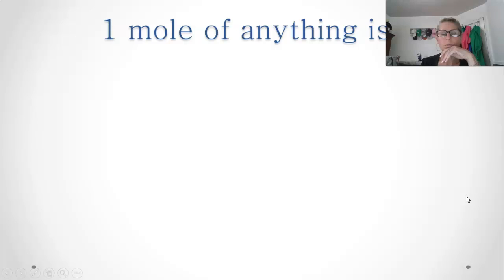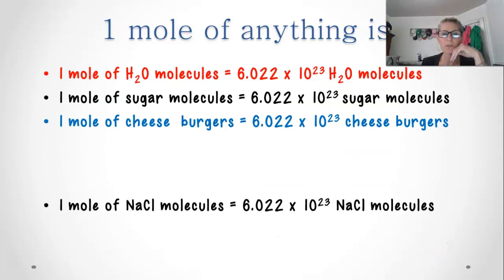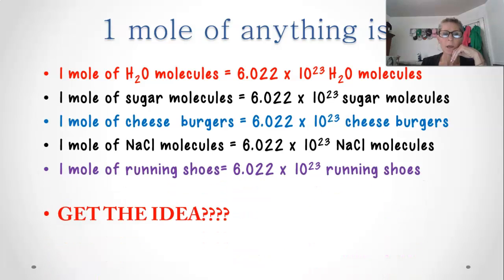You don't have to write this down, but hopefully this gets you the point. 1 mole of water molecules is 6.022 times 10 to the 23rd water molecules. 1 mole of sugar, 6.022 times 10 to the 23rd sugar molecules. 1 mole of cheeseburgers, which would be